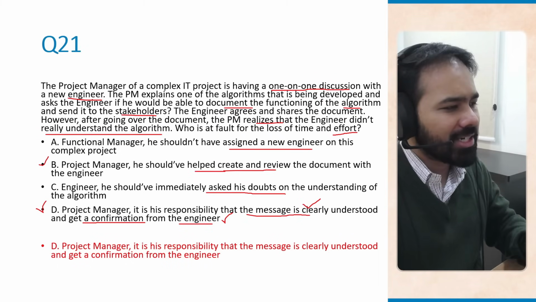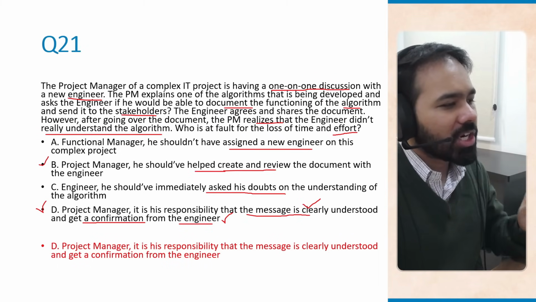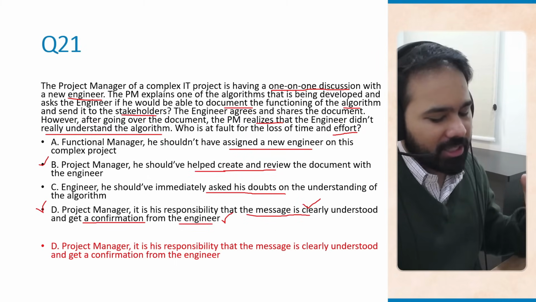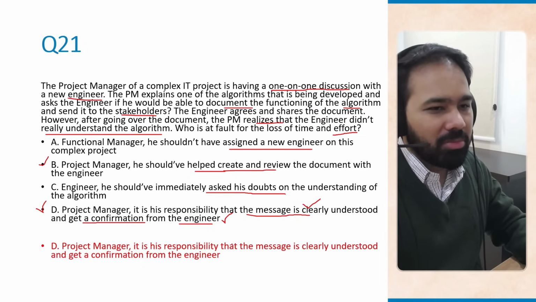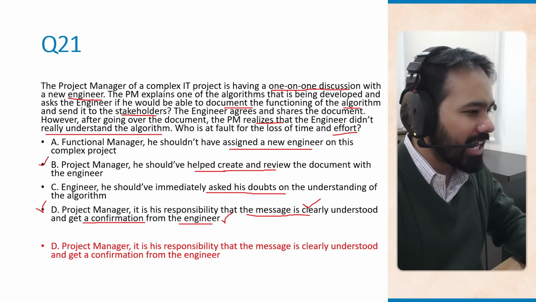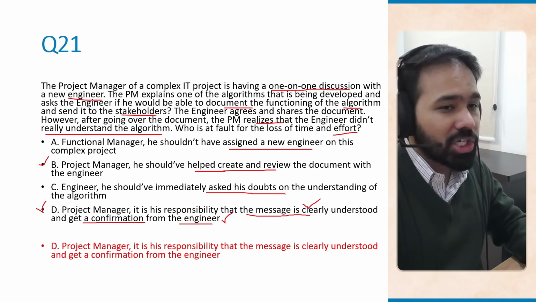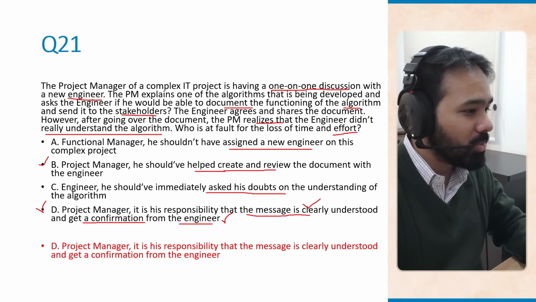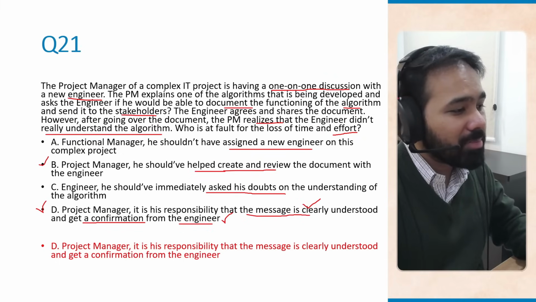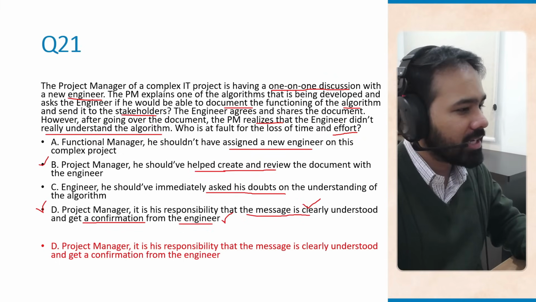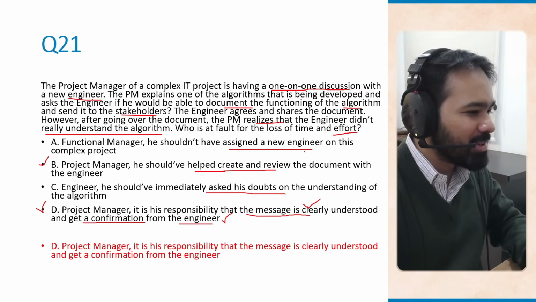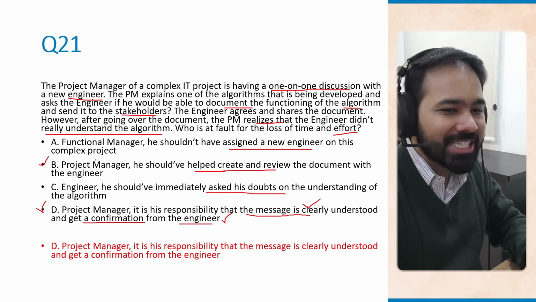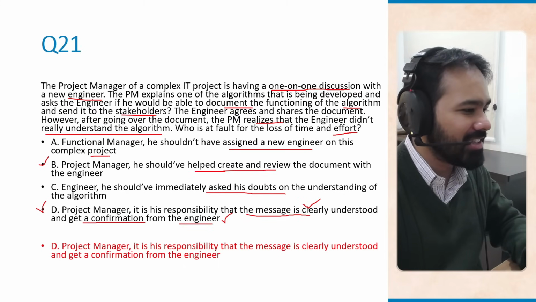The sender, who is the project manager, is responsible for ensuring that the message is received and understood correctly. So, even by simply asking, do you understand, might not be enough, especially when the engineer is actually new. There should be a confirmation of understanding through feedback, examples, or even demonstrations. That is what's required. Functional manager is not really responsible here for this misunderstanding between the project manager and the